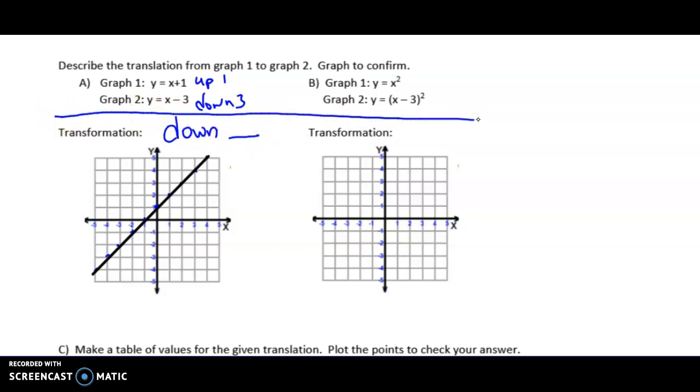Okay, so we were originally going up from the original 0, 0, and the second graph went down from the 0, 0. So how do I get from the first graph to the second graph? Okay, if this one's starting at down 3, okay, what's going to happen? Well, if I think up 1 and down 3, overall it's going to go down 4. So if I connect those dots